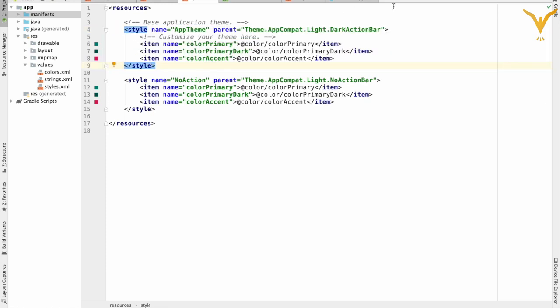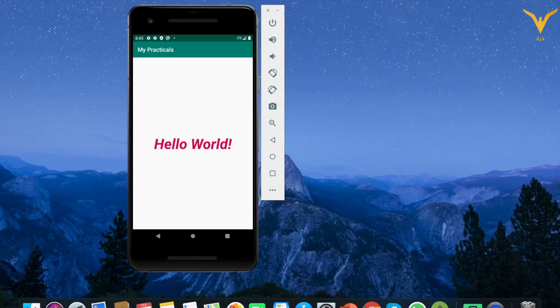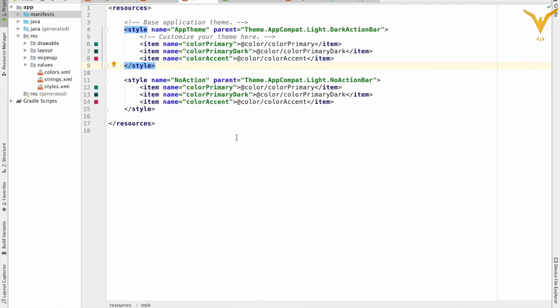So let's run this. Yes. So for main activity, you will get dark action bar. So this is all about your styles and colors in short summary.